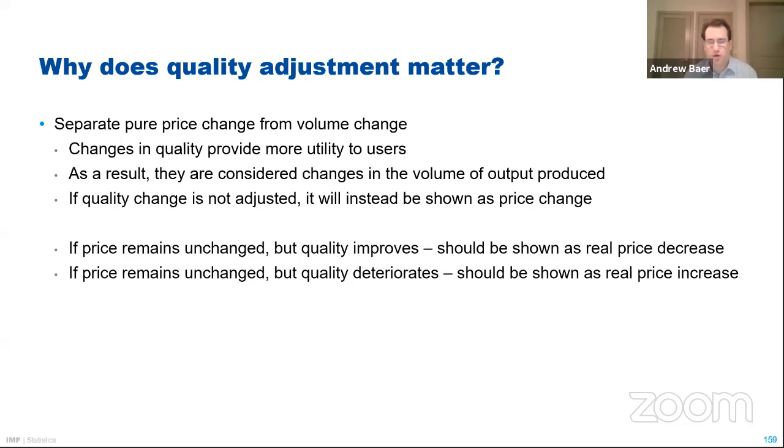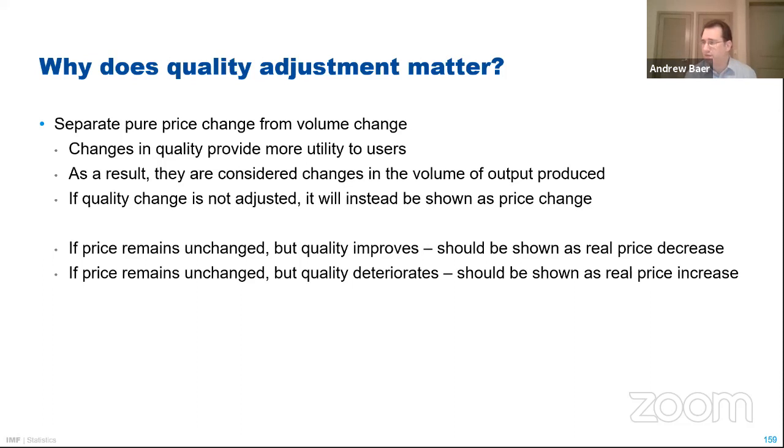As a result, those are considered changes in the volume of output produced. If we don't make adjustments for quality in our price indexes, we will instead show those changes as price changes,